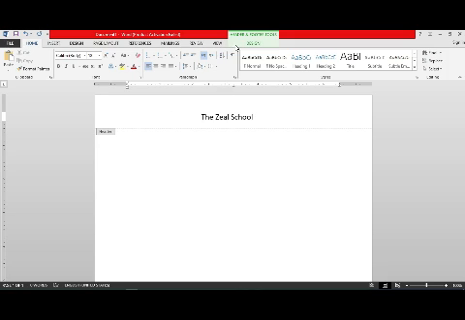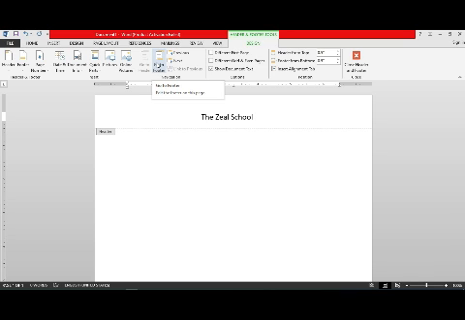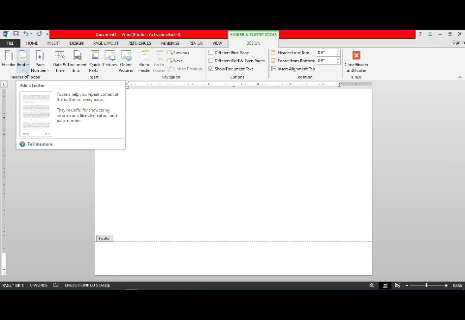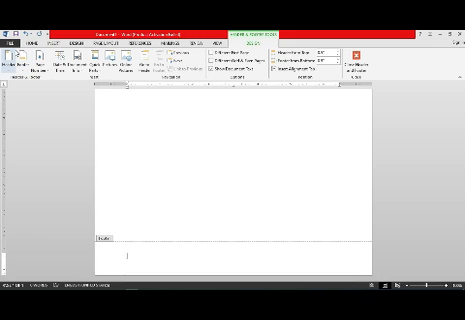Go to the footer. Now click Go to Footer in the navigation group. The footer area will appear at the bottom of the document. Or you can also click Footer in the Header and Footer group to display the footer gallery. Click the footer style you want. Type the footer text and fill in the blanks as required. Now click Close Header and Footer in the ribbon or press Escape key.